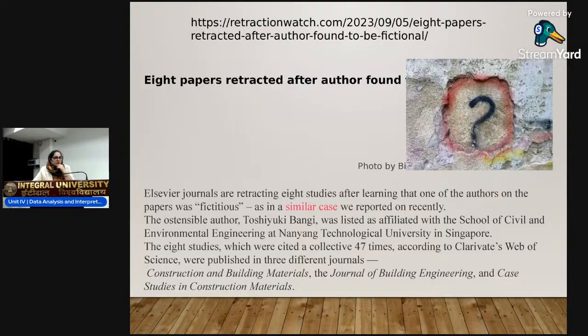Okay. ऑथर इस नाम का कोई ऑथर ही नहीं है जो उन 8 पेपर्स में, उसमें डेटा ही नहीं फैब्रिकेटेड था, उसमें ऑथर भी फिक्शनल थी. उन्होंने कोई क्रिएट कर लिया फिक्शनल कैरेक्टर और उसके नाम पे पब्लिश करना शुरू किया. अभी तो ये ठीक है, मतलब ऑथर फिक्शनल था तो उसके नाम पे पब्लिश करना शुरू कर दिया. प्रीडेटरी जर्नल था, उन्होंने पूछा भी नहीं. Like in good journals, whenever we submit a paper, we